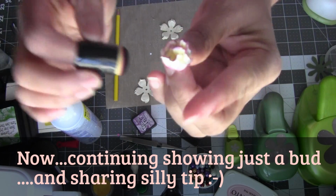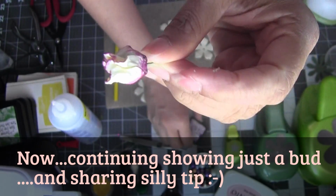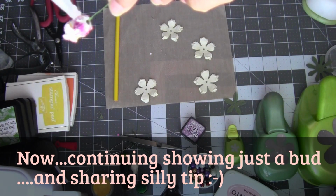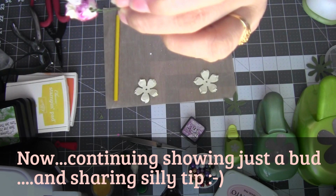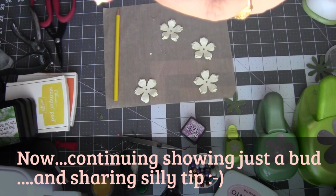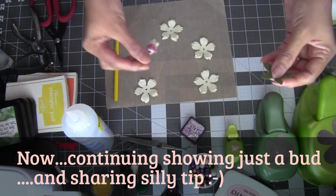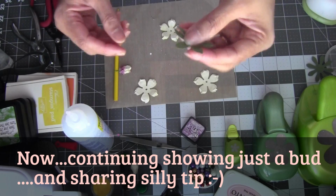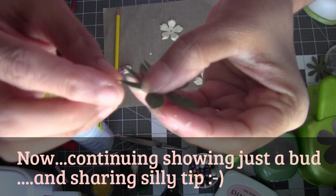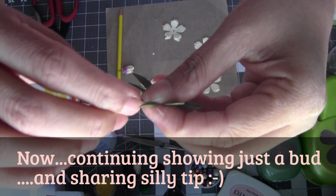We are done here. Can you see? I hope you can see. We are done here coloring. Okay, and now you just need to put the glue on the bottom and halfway to the top, like on the petals to the top, and then we need to use this greenery. All right, okay, I'm sorry, I will just put my petal down. I forgot to use the water on this green part, and we need to just twist it like so, each and every one, this